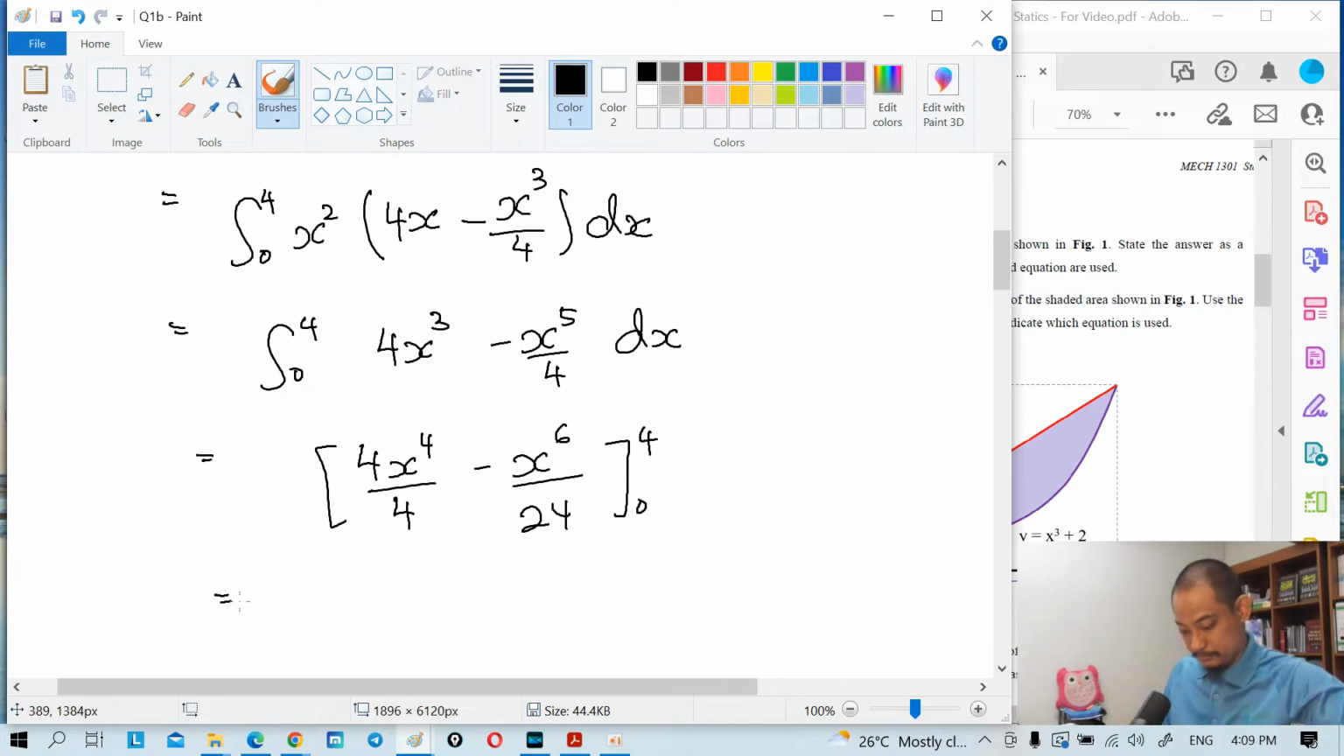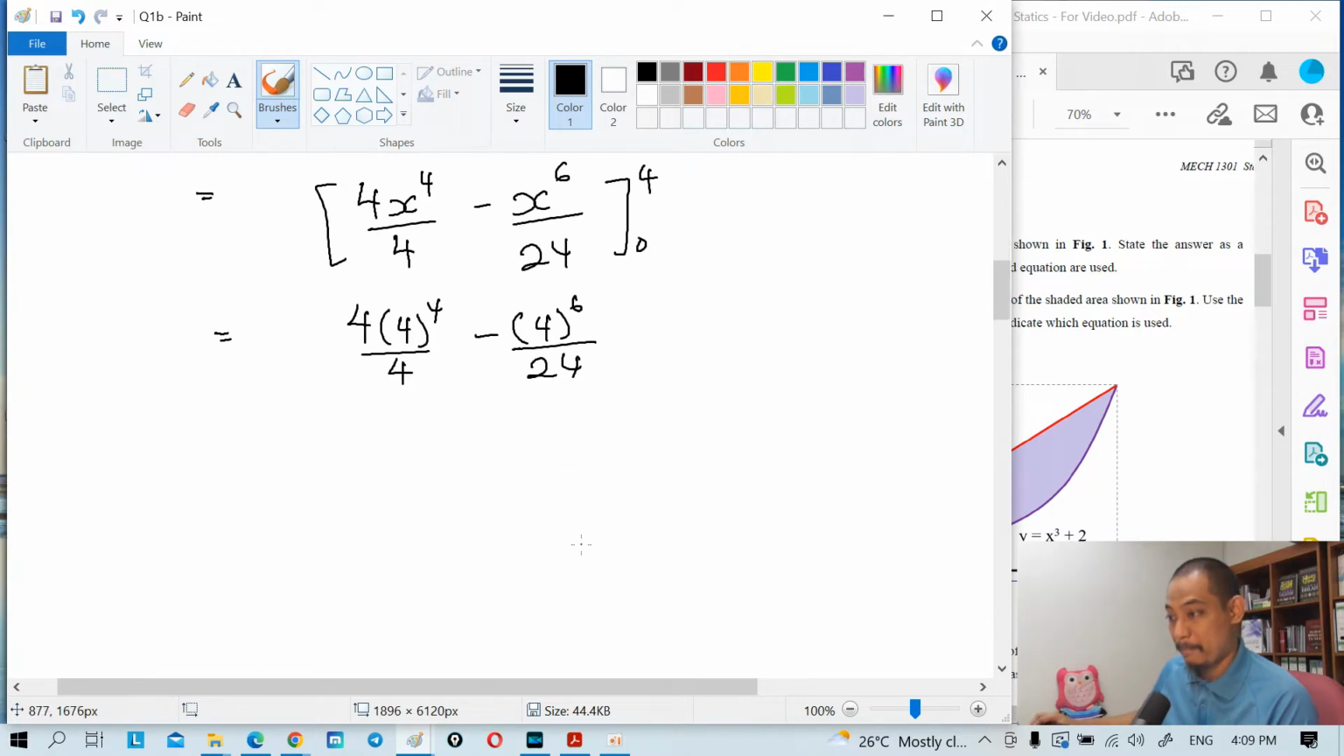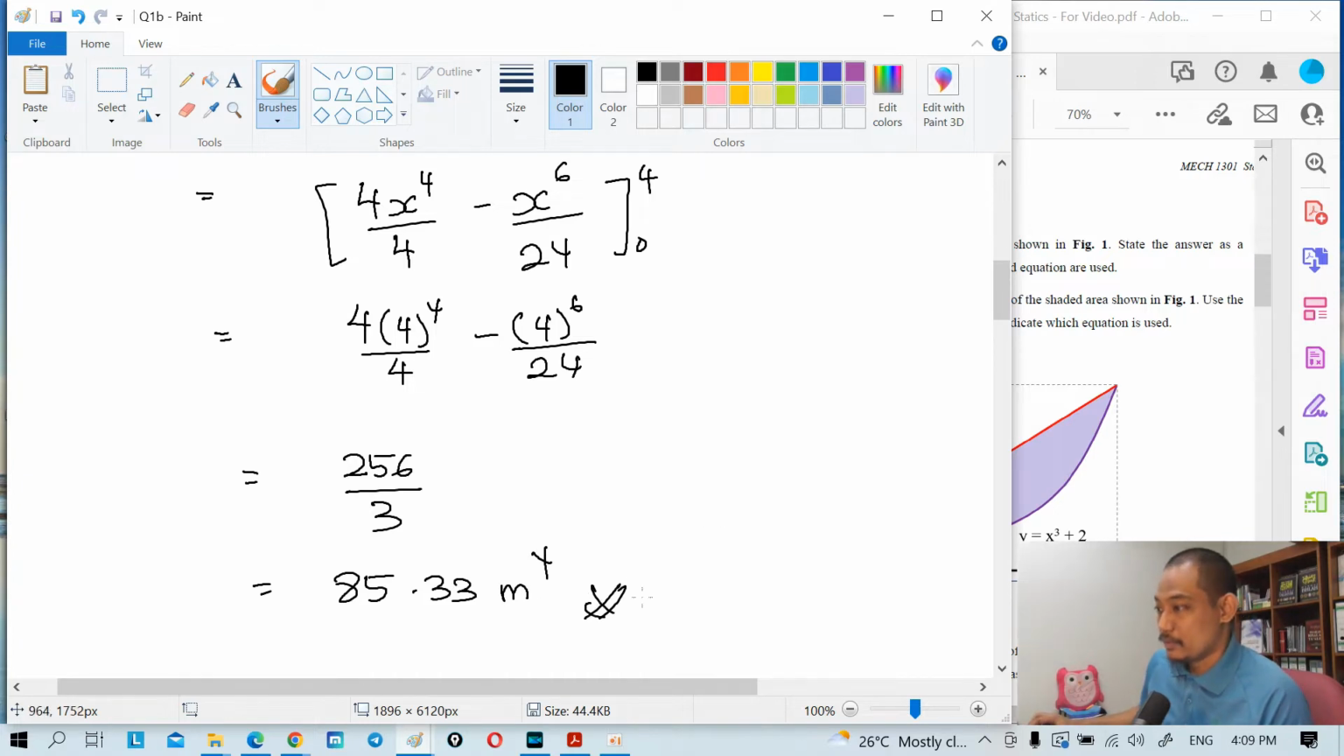And then you plug in the numbers, right? 4 times 4 to the power 4 over 4 minus 4 to the power 6 over 24. That is 4 to the power 4 minus 4 to the power 6 divided by 24. You get 256 over 3, or in other words 85.33 meter to the power 4. That's the answer. Alright,